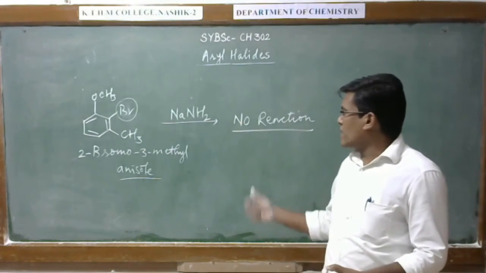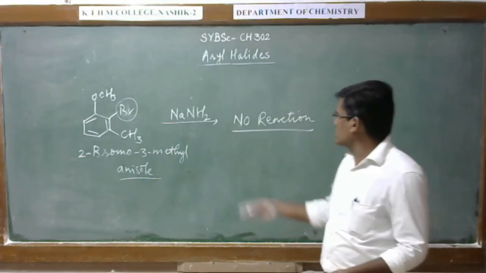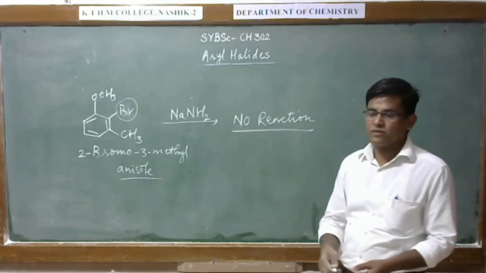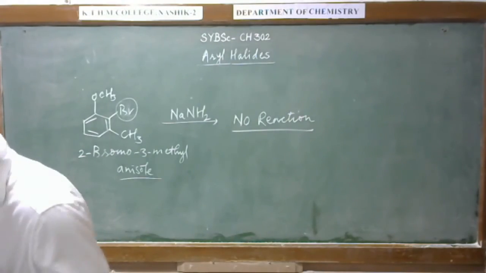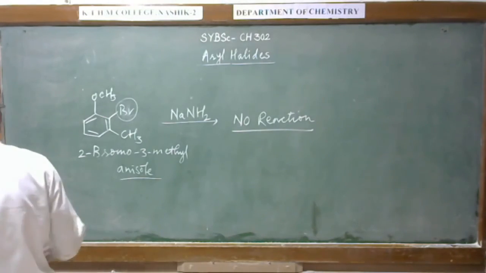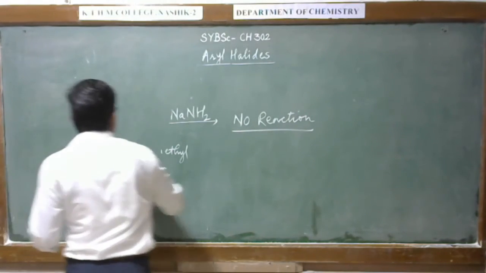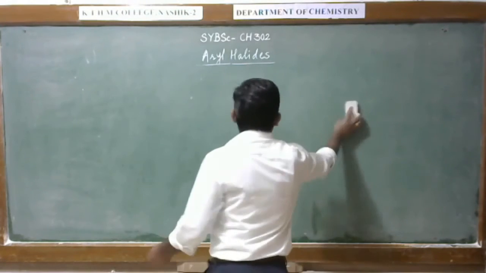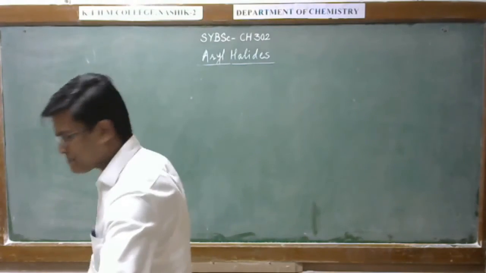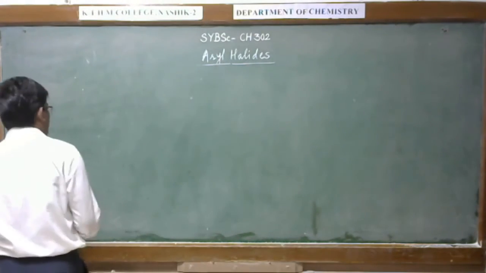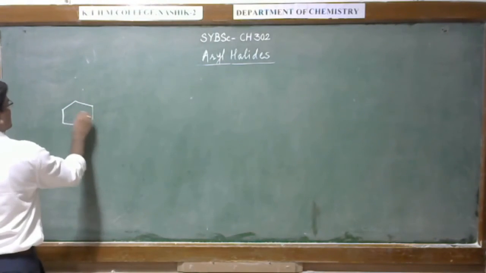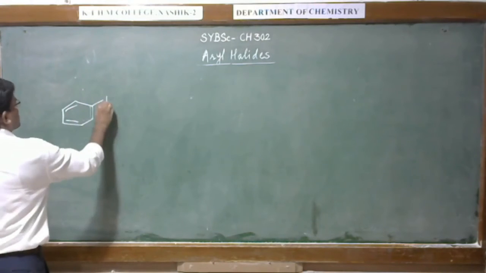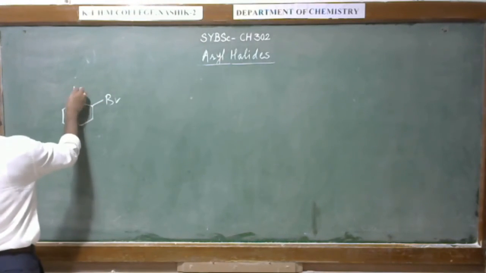If benzyne does not form, this reaction will not take place. On the other hand, when you have ortho and meta bromoanisole, in both cases the product will be the same. When you have this ortho bromoanisole,